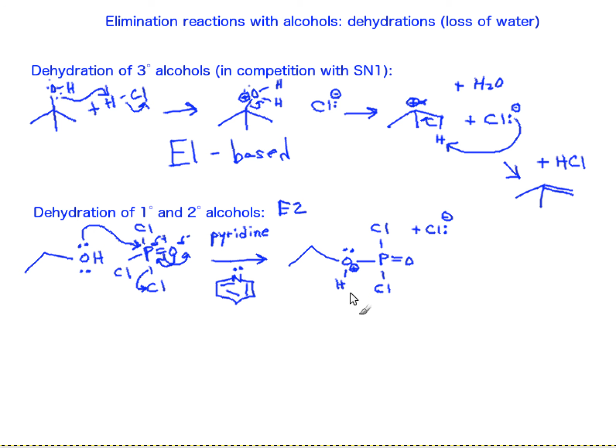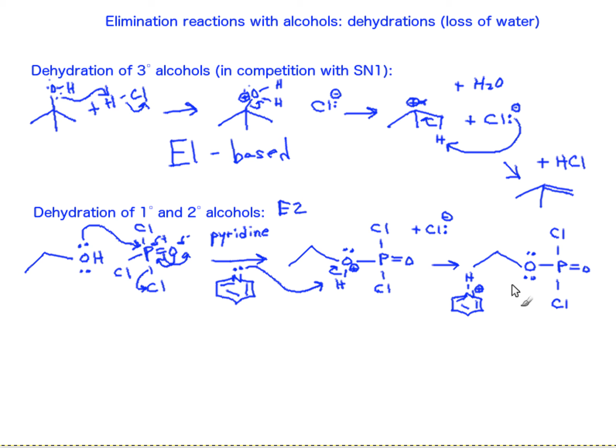Okay, now the next step in this reaction is that our pyridine is going to act as a general base to remove that hydrogen, which leaves us with this nice intermediate plus our pyridine that has been protonated and our chloride, right? Now this molecule here is a pretty good leaving group, and so now as we do